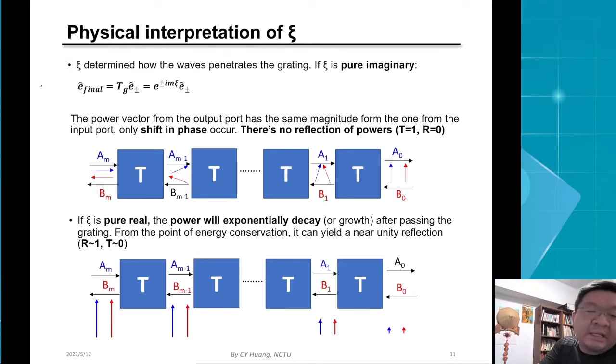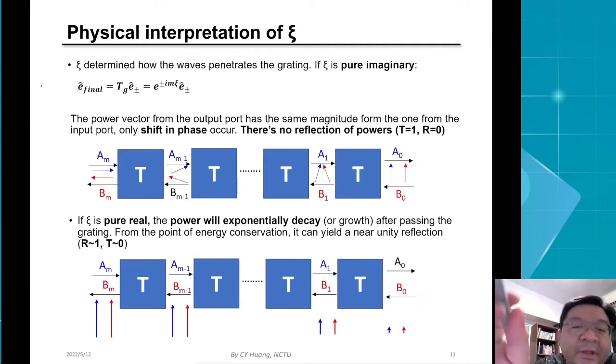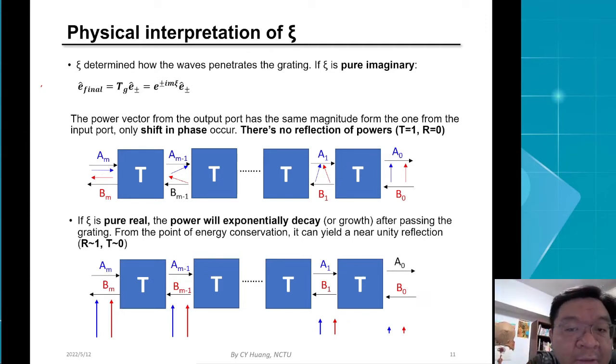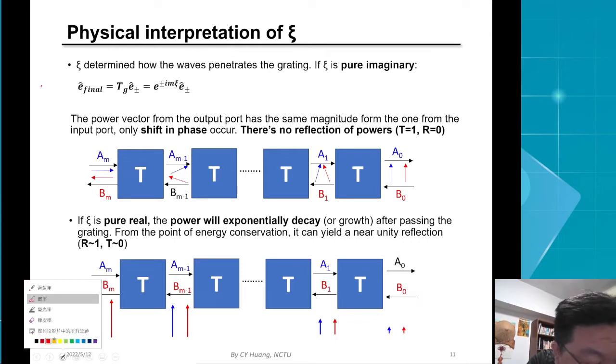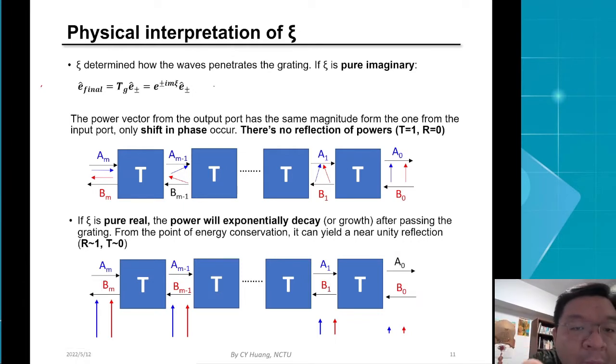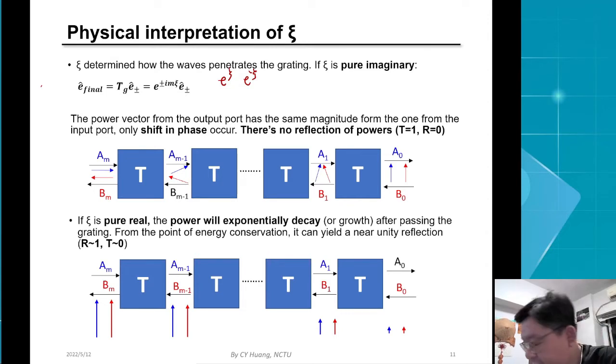We said that the eigenvalues will be in the form of one being exponential c and the other exponential minus c, but we haven't discussed what the c means. So the first case, if the c is pure imaginary,